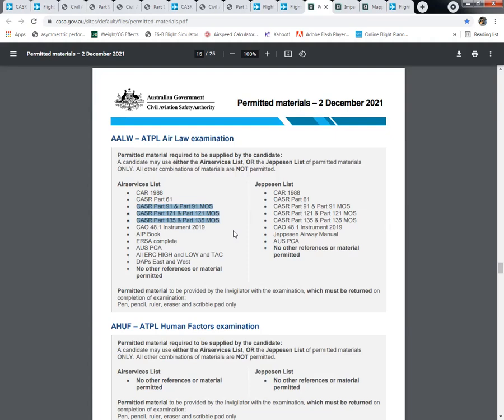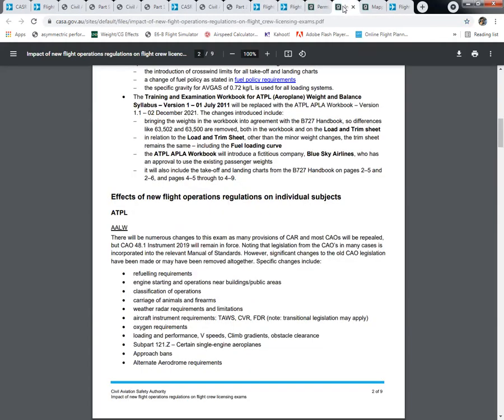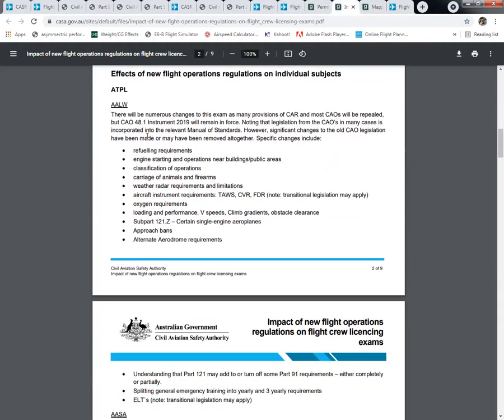There are some differences, and it does talk about the fact that the law, for example, fueling requirements have changed. There are some changes to the distances and the specifications of how refueling has to be done. So the 6 meters from buildings and the 15 meters from open hangars, those sorts of old rules have been streamlined and consolidated. So that's mentioned there. Class of operations, of course, there's no charter RPT anymore. It's all air transport. It's either passenger air transport or cargo air transport or private under 91 or aerial work, but you don't have access to that.